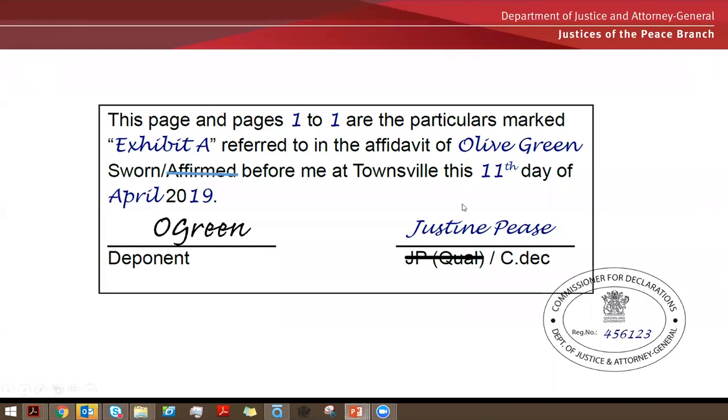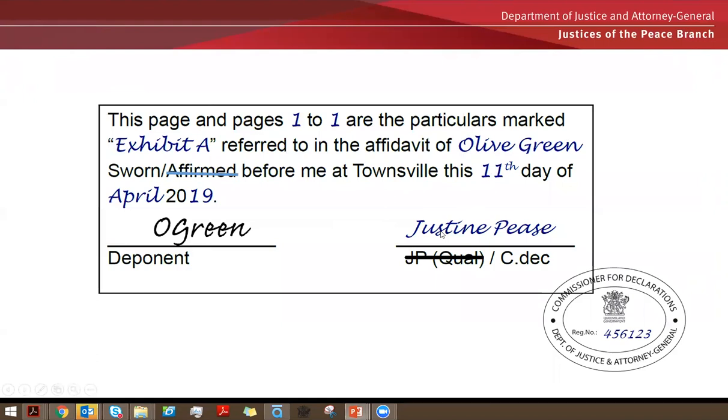I would then complete that this page and page 1 to 1 are the particulars marked Exhibit A, referred to in the affidavit of Olive Green, sworn, because remember Olive swore the original affidavit before me in Townsville on this 11th day of April 2009, then the deponent would have to sign.